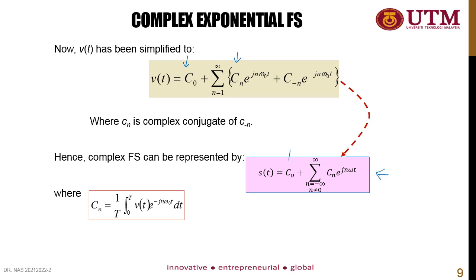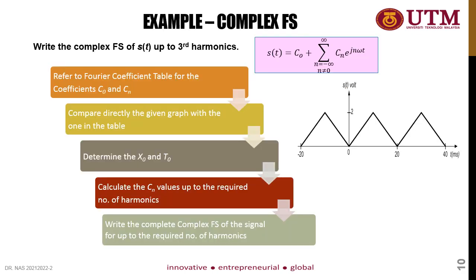Okay, C0 is the constant or DC value, and Cn is the coefficient of your Fourier series. So this is a step to derive or to write down the complex exponential Fourier series for the given